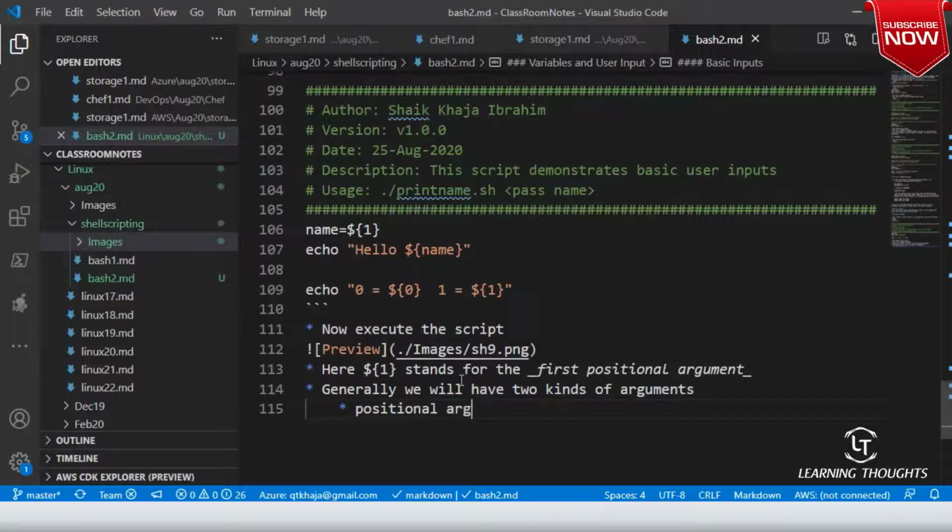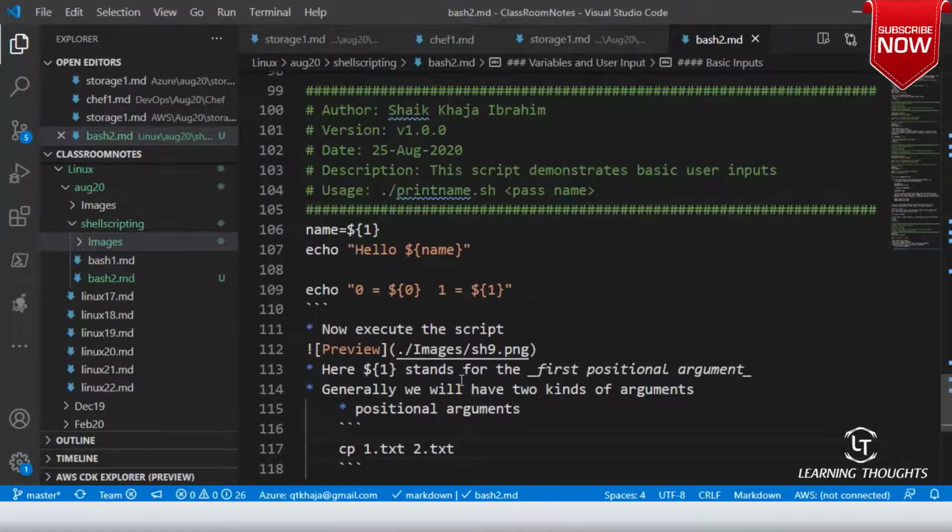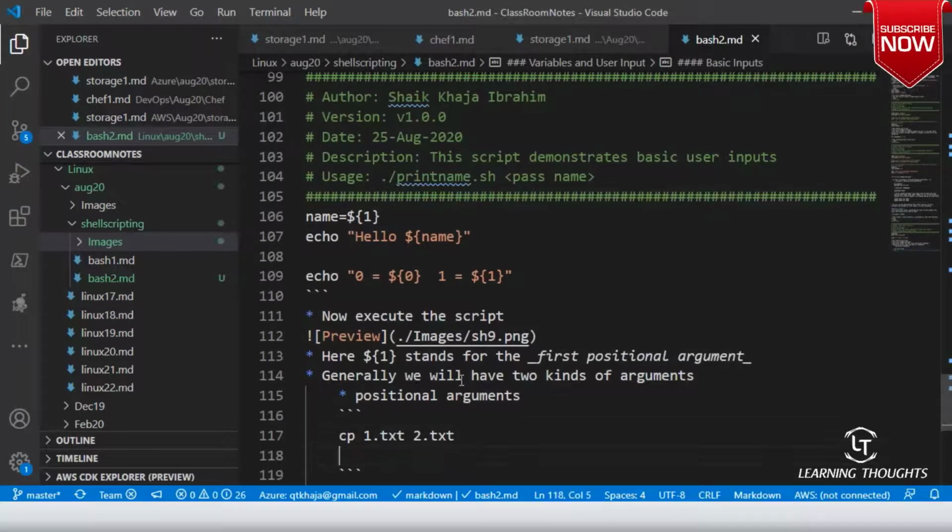In cp 1.txt to 2.txt, 1.txt is the first argument and 2.txt is the second argument. 1.txt and 2.txt are two positional arguments.